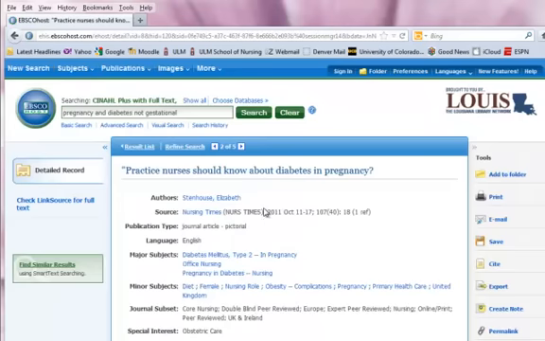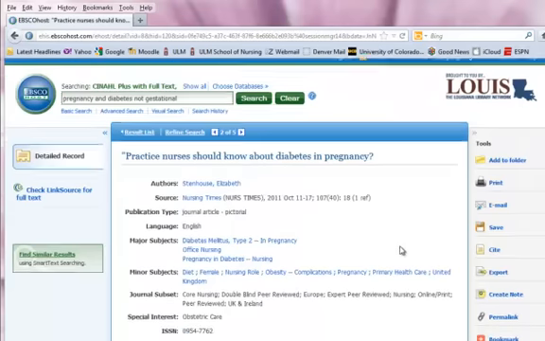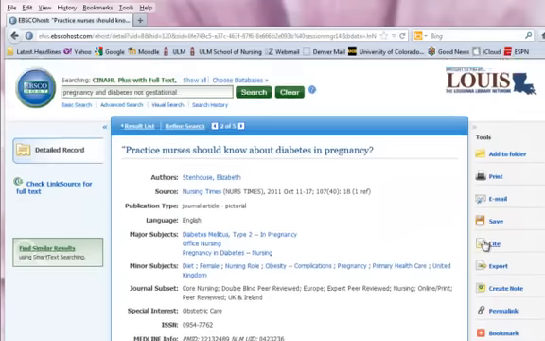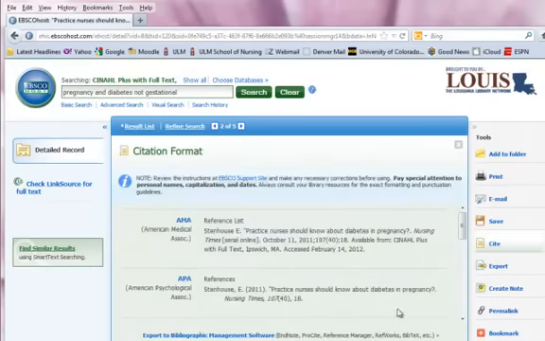Okay, let me see if I can show you something else here. Let's see what practices nurses should know about diabetes and pregnancy. Okay, this is good. This one does not have a DOI number. Okay, so when I look at the citation here, okay, it looks incomplete, doesn't it? It's as if we had that paper journal in front of us, Nursing Times, and we don't have that journal in front of us. So you have to give your faculty a means to retrieve this document when they're reviewing your work. So if you email this to yourself, it will include, just as the NRC does when you cite,